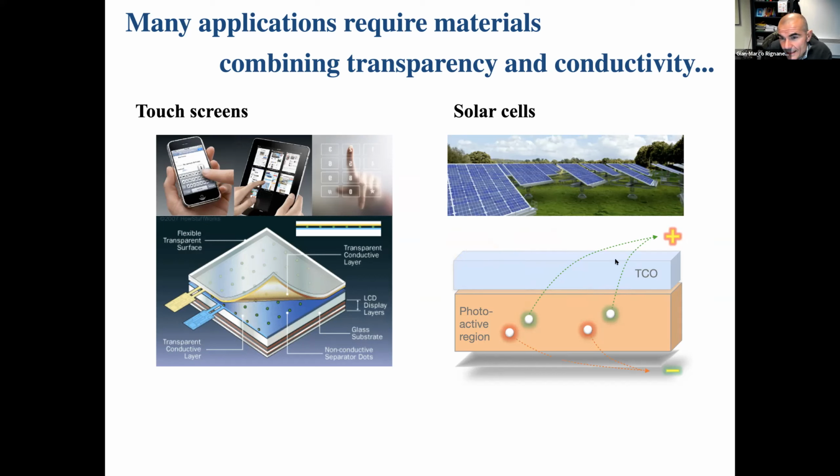And so this material, besides being transparent to let the light in, needs to be conducting in order to collect the charges there. Having materials that are both transparent and conducting is kind of contradictory, because to be transparent, you need a large band gap, and to be conducting, you need a small one. And so typically the